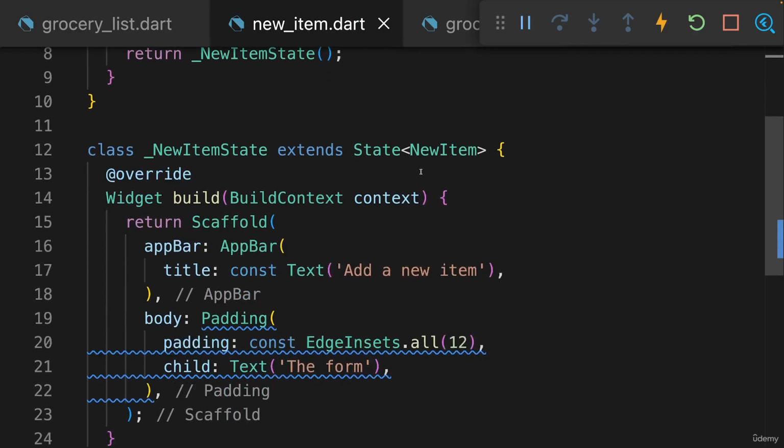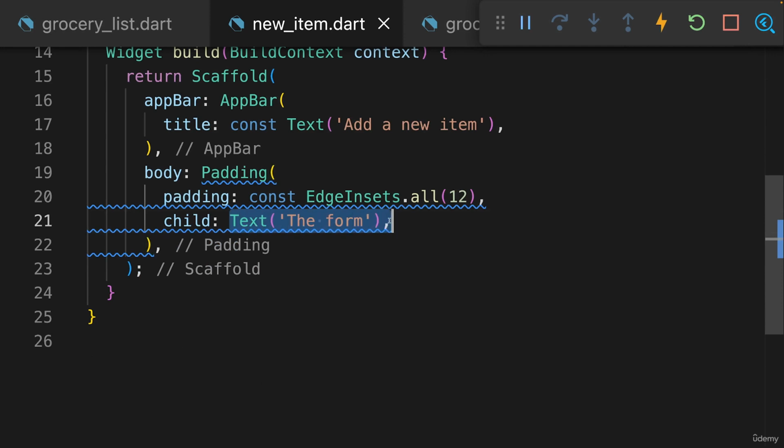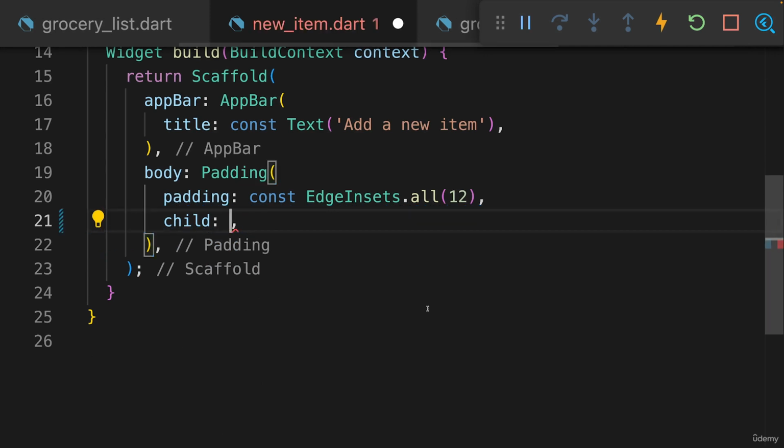So let's now go back to the new_item.dart file and replace this text placeholder widget here with that form we want to add. Now, a form is simply a combination of input fields, and in Flutter there is a built-in Form widget which you can use to build such a combination of input fields. Of course, we already handled user input before in this course, and we did that without using that form. So clearly we don't need to use a form in Flutter to display multiple input elements and get some user